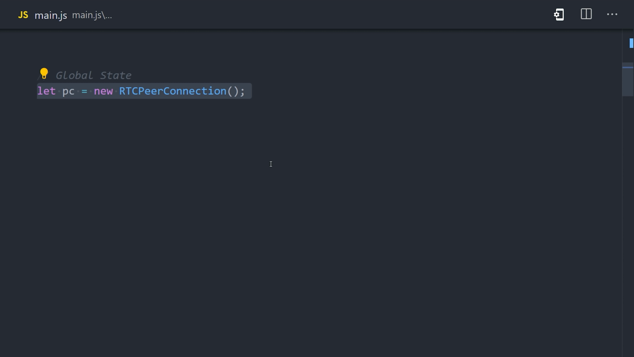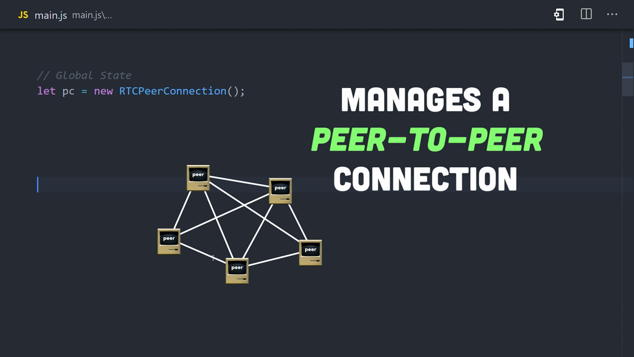These are values you would likely want to share between multiple components if you're using a UI framework like React or Angular. The first and most important value is the RTC peer connection. This object is where all of the action happens. It emits a bunch of different events that we can listen to update the database and to add media streams